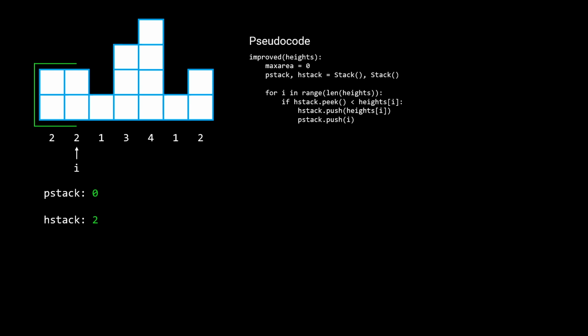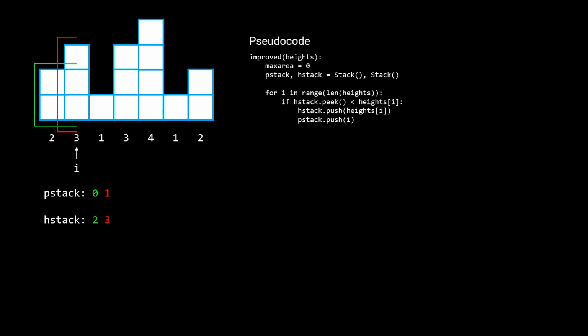In order to add more elements to our stack and track more rectangles, we need the height of our current element to be larger than the height of the rectangle we're currently tracking on our stack. This condition makes sense because it's only necessary to begin tracking a new rectangle if its height is larger, because using this larger height,